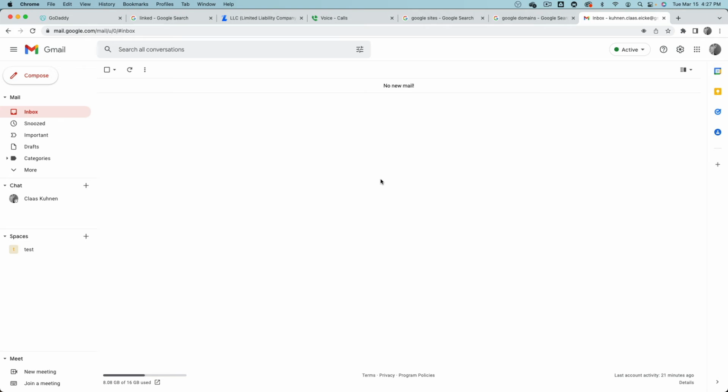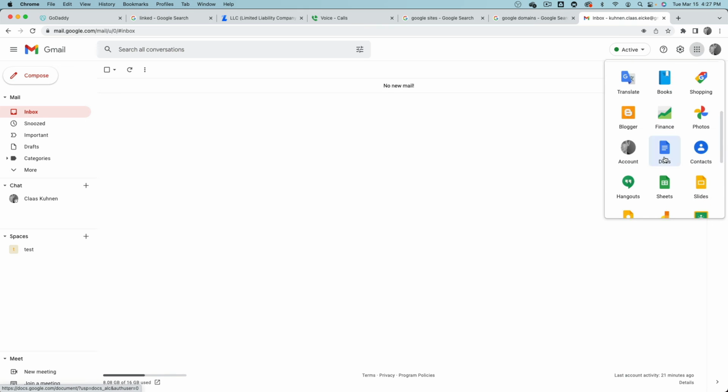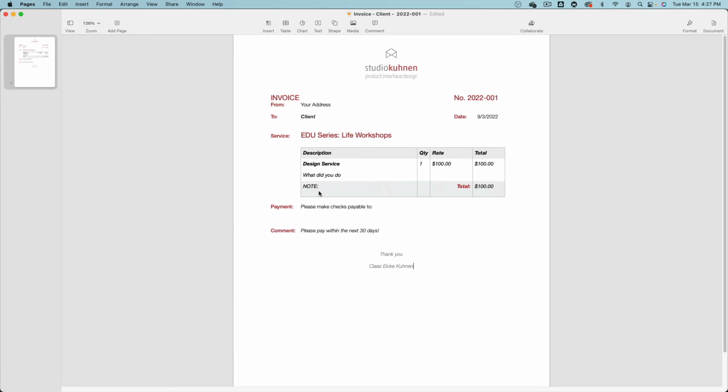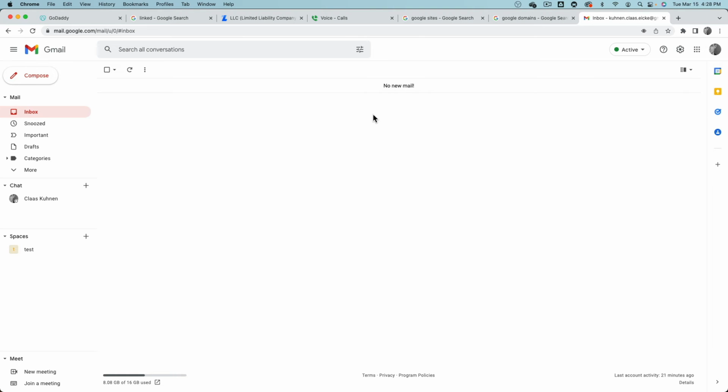What is actually quite nice about the whole Google service is also all the apps that come with it. So you could use Google Docs to write your invoices or use Google Sheets to track time. So I actually do all my invoices by hand. This is, for example, a template I have now with my logo, invoice, the address, the date, invoice number, what this is for, and blah, blah, blah. Basic stuff. And then I would make a copy and go to